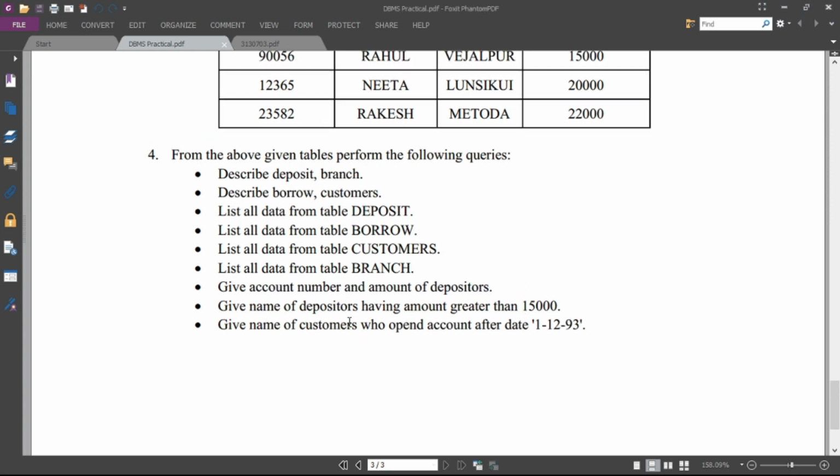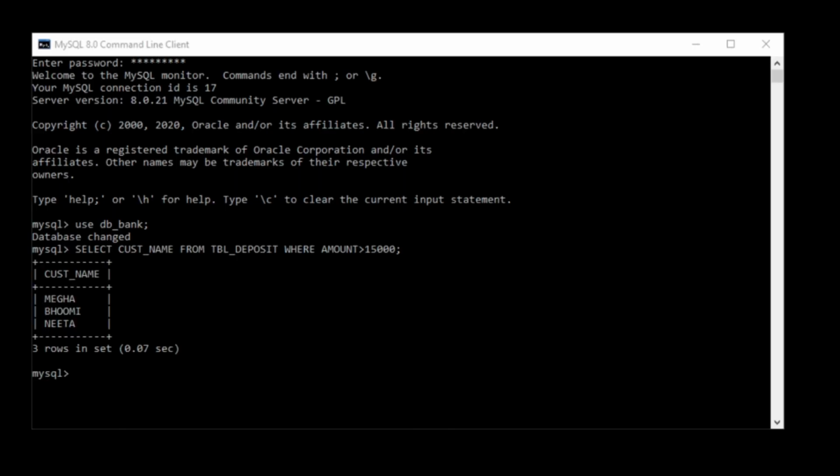give name of customers who opened account after the date of 1/12/1993. Okay, now let's check in MySQL.